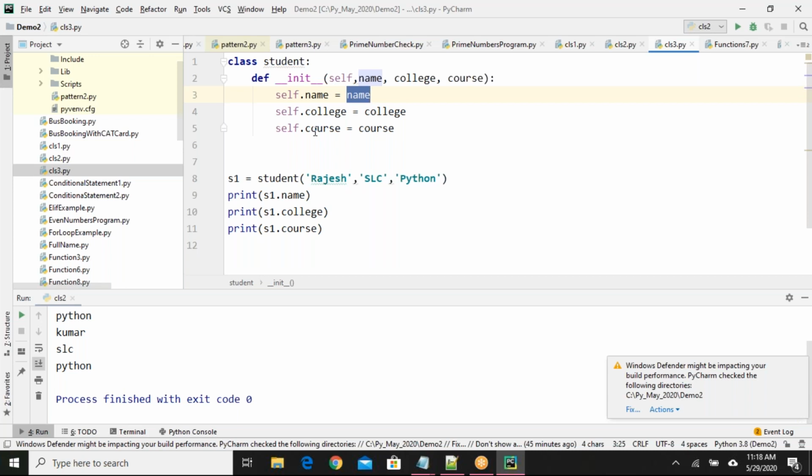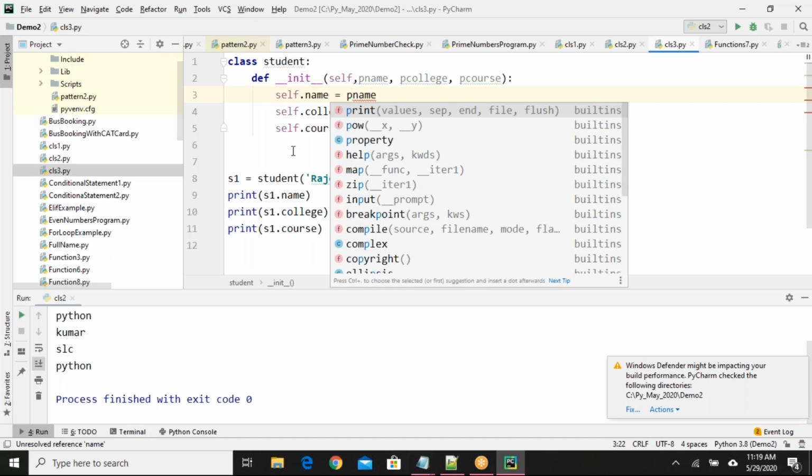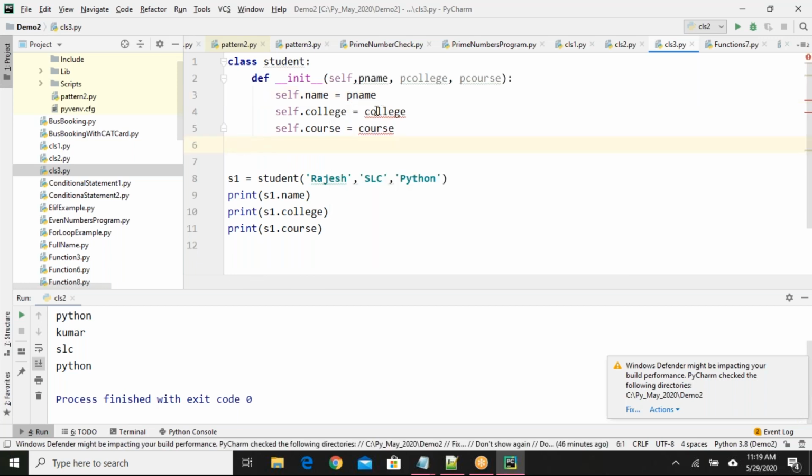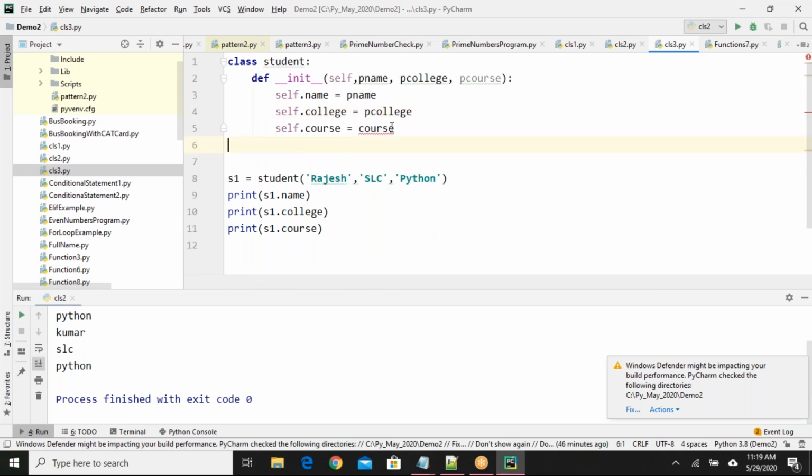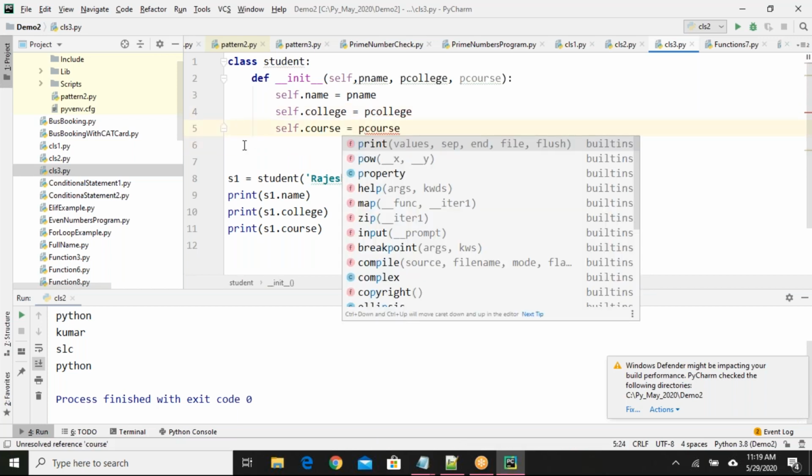If you are getting confused between this name and this name, I'll say this is parameter name, parameter college, parameter course. I'll put a p here, just to avoid confusion.